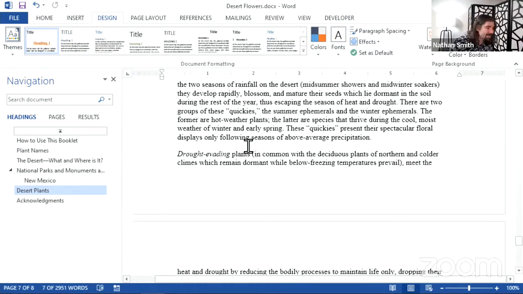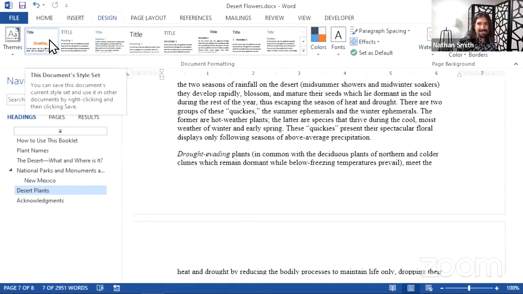So what the Design tab does is it allows us to completely change all the styles that are associated with our document at the same time. We do that by means of style sets and themes. So first, style sets. We have this document style set as the selected thing right now. So we made a few changes to the way that our styles look in this particular document. This document style set is